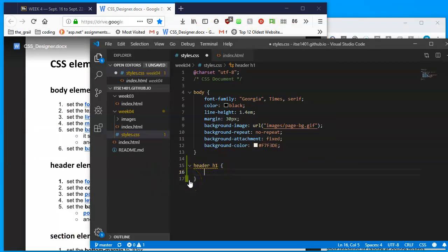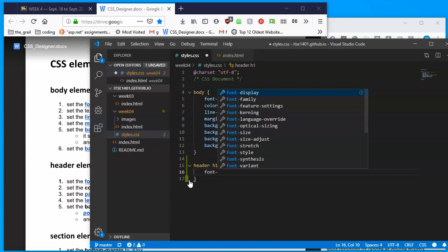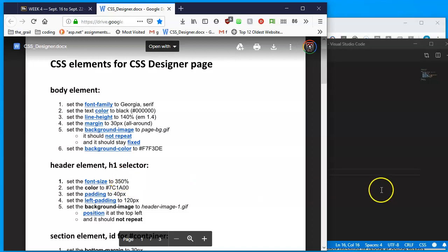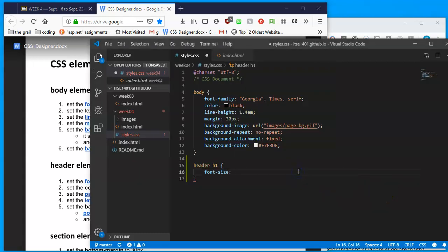So it's going to be font hyphen. I'm going to let Visual Studio catch up and let me see what my choices are. So there's font, etc., and there's a font size right here. So I'll put in the font size that we want, which is going to be 350 and the percent sign. I'm also now going to close that line with a semicolon, press enter, and move on to